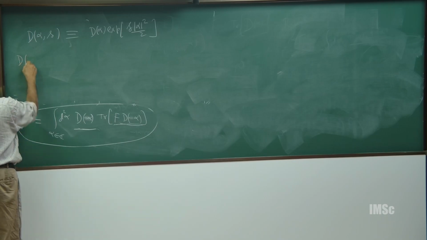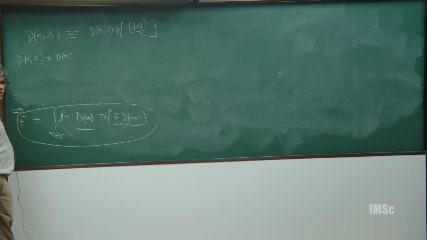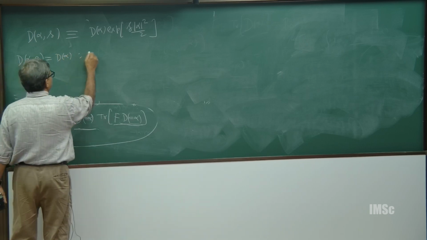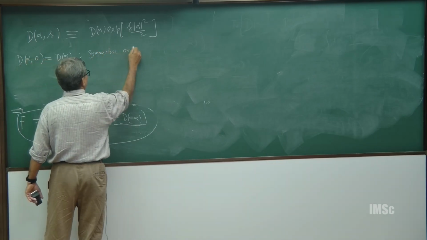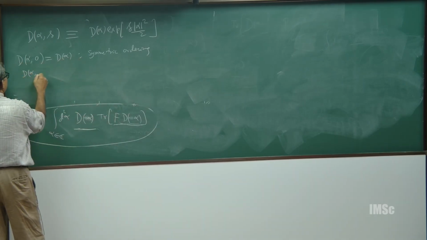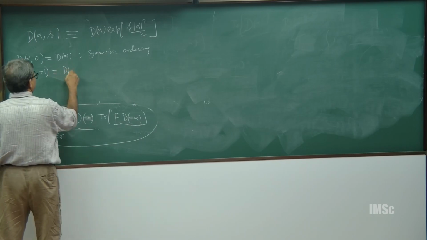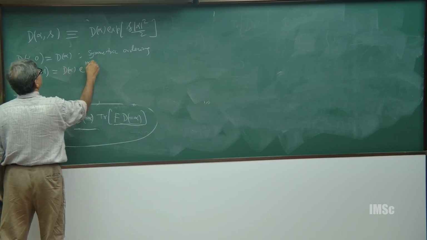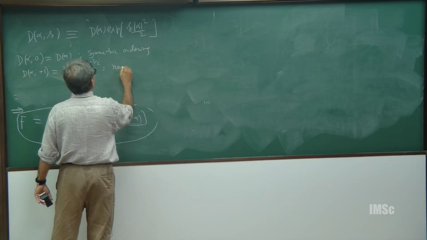D of alpha, 0 is D of alpha, and this corresponds to symmetric ordering. For s equal to plus 1, D of alpha, 1 is D of alpha e to the power mod alpha square by 2, which is called normal ordering,